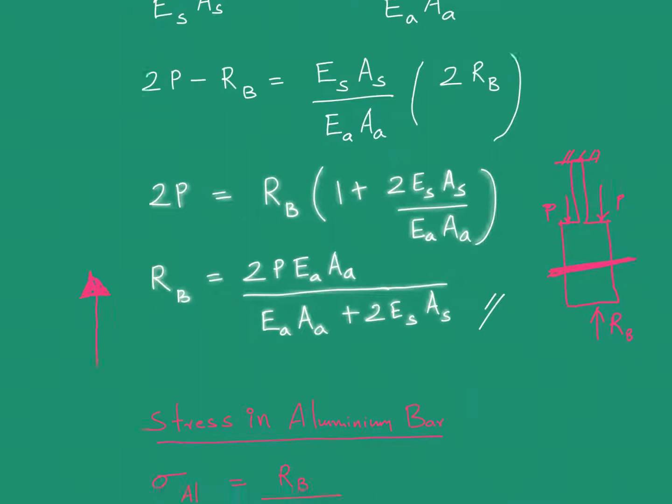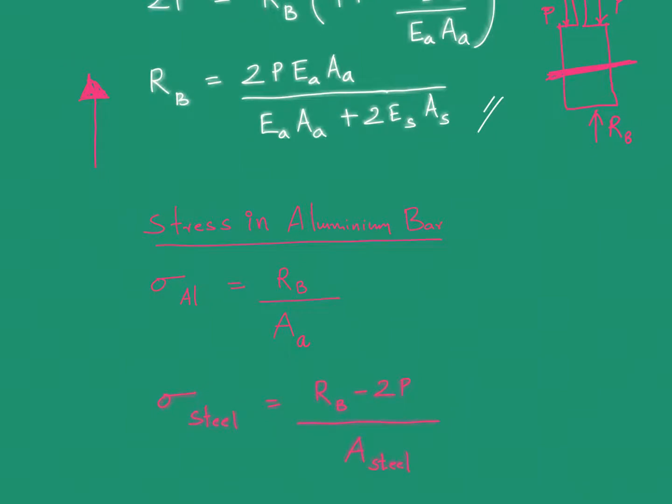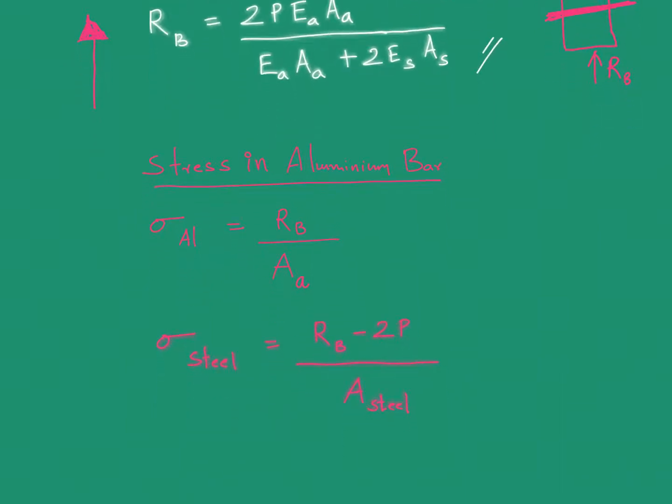Now if they ask you to compute the stresses in the aluminum bar, then it is simple because the force divided by area will give you the stress in the corresponding bar. So if you want to compute the stress in aluminum, it will be simply the reaction RB divided by the area of aluminum, and the stress in the steel will be RB minus 2P divided by the area of the steel, because this is the force acting